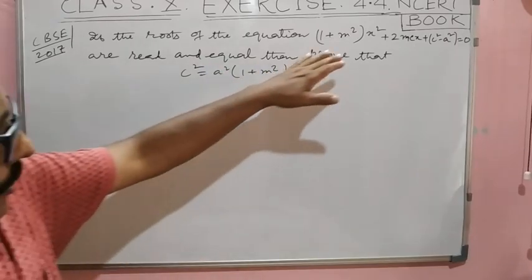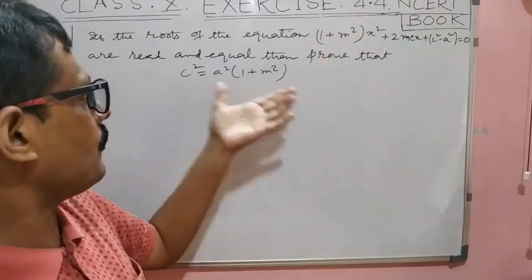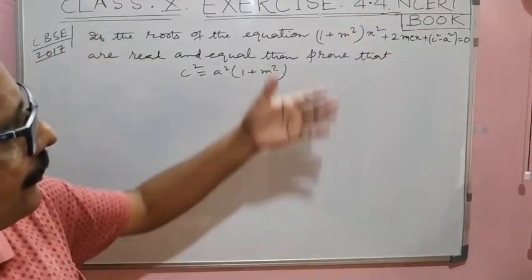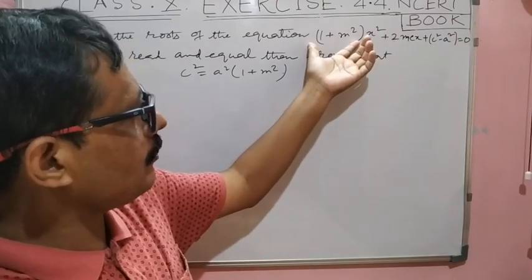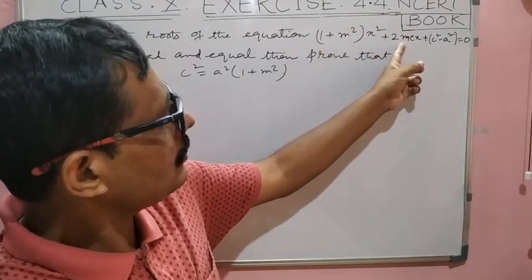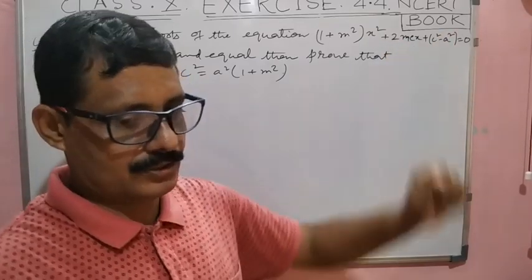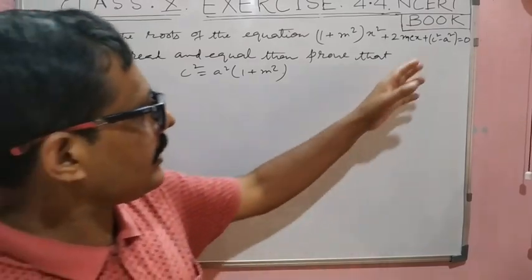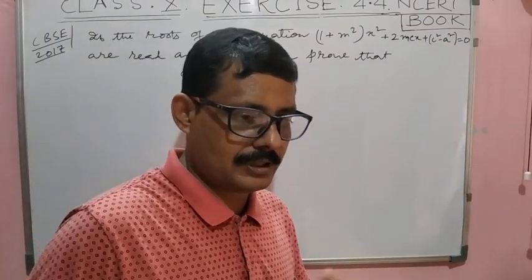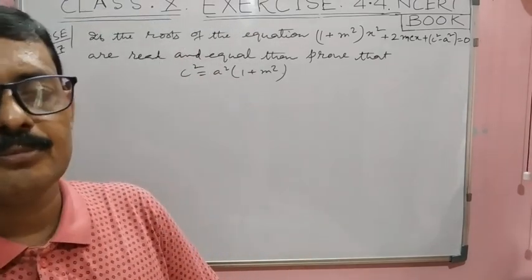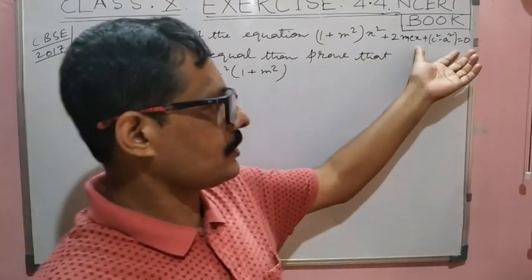The roots of this equation are equal. इस equation का root equal दे दिया हमें, तो हमें proof करना ये होता है बोल के. So if we compare this equation with our standard form, a equal to this, b equal to 2mc and c equal to c square minus a square. So actually already there c, a are there. So we will consider here capital A for the coefficient of x square, capital B for the coefficient of x and capital C for this constant term.